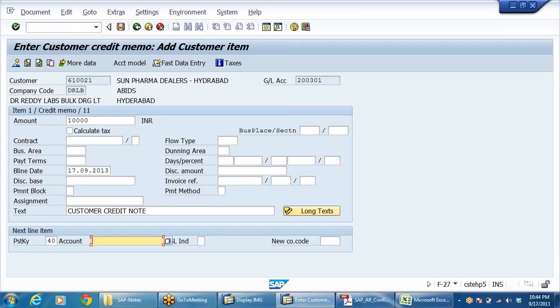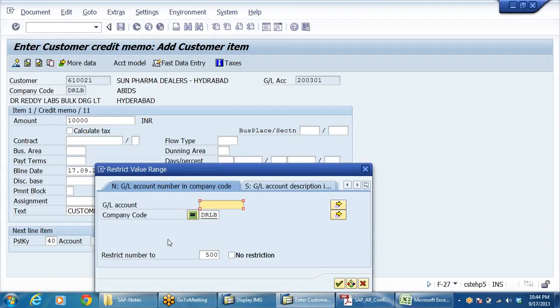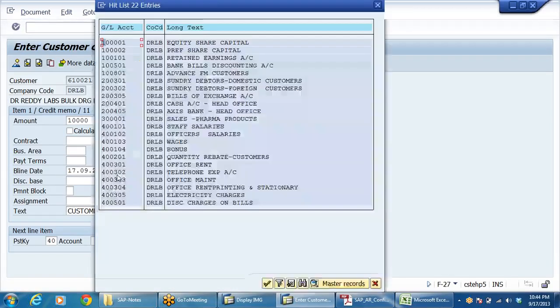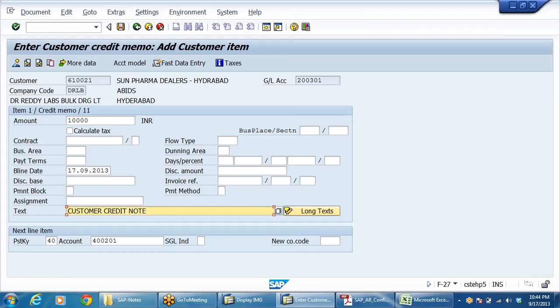So here what GL account do I have to use? 400201, quantity rebate. Customer credit note for quantity rebate.